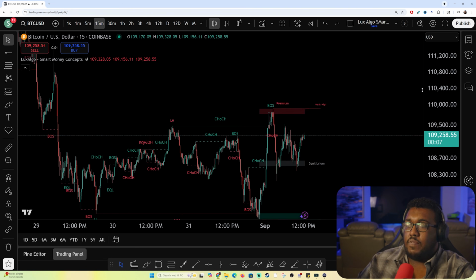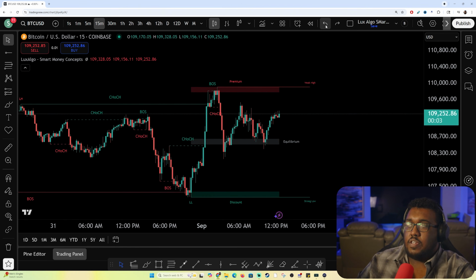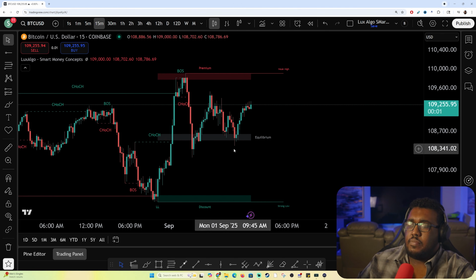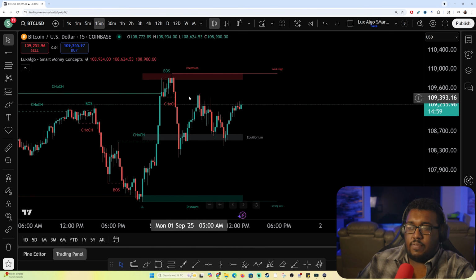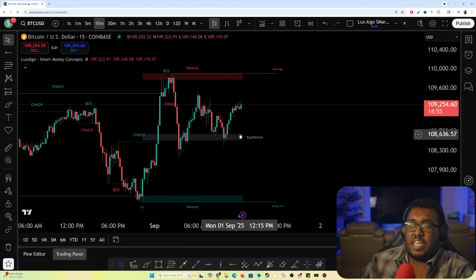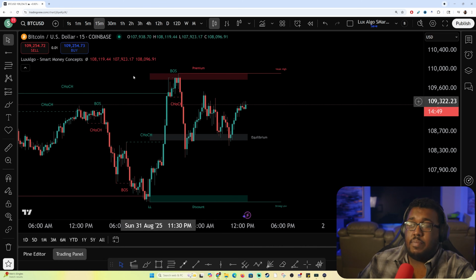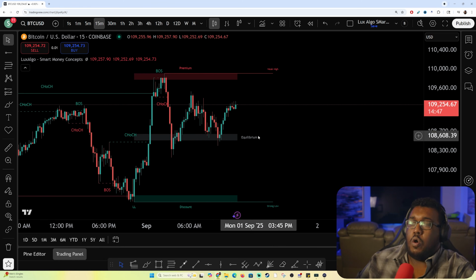So if we're to go back over here, you guys can see a little bit better. And what I'm also going to do is I'm just going to refresh this a little bit. There you go. And think of a support level, think of a resistance level, and just think of a neutral level where the price is usually going to be at the median. So when you're around this and you're seeing a discount level and a premium level, and maybe we've been ranging for a little bit of time, like going sideways,